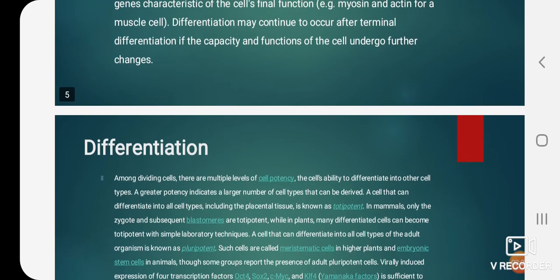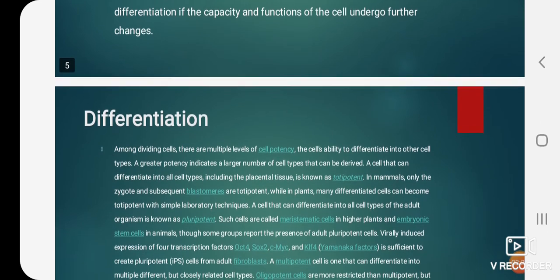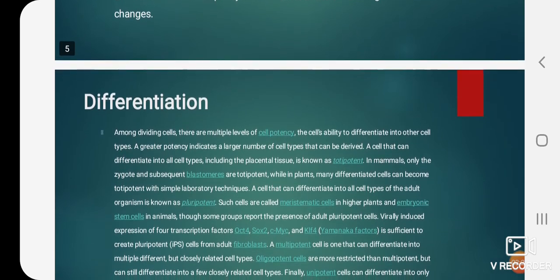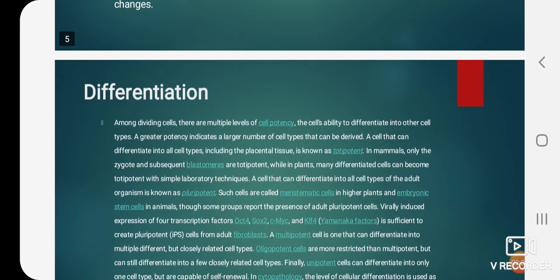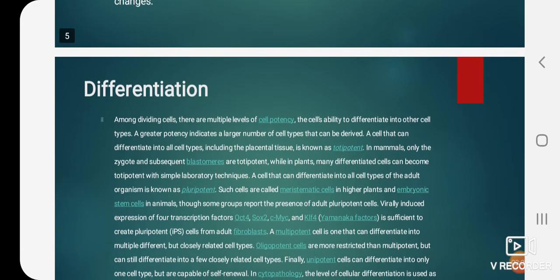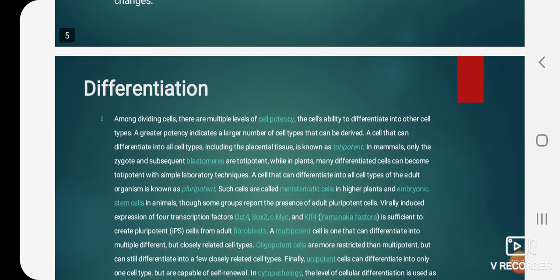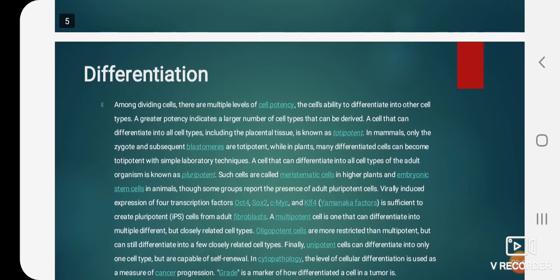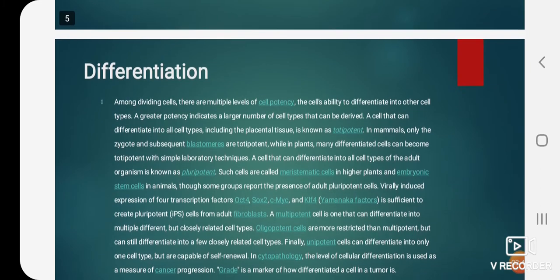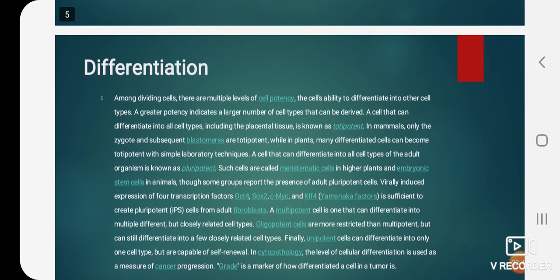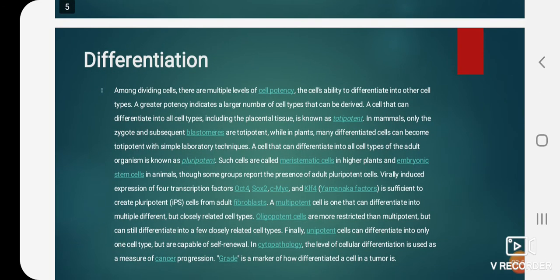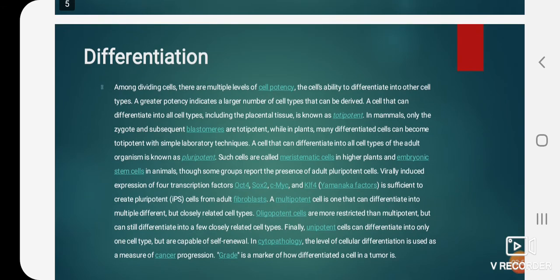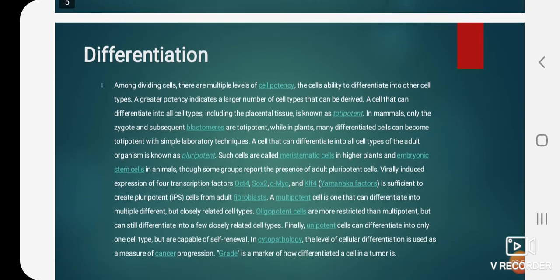So, students, among dividing cells, there are multiple levels of cell potency, the cell's ability to differentiate into other cell types. A greater potency indicates a larger number of cell types that can be derived. A cell that can differentiate into all cell types, including the placental tissue, is known as totipotent. In mammals, only the zygote and subsequent blastomeres are totipotent,